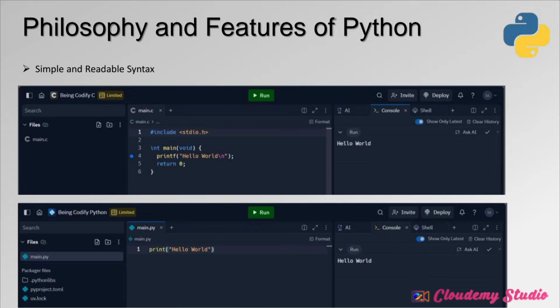I don't need to explain anymore, I think, because as you can see in C, to write the hello world program, first you need to include the hashtag include stdio.h. Now we need to create a main function, int main. Now we need to write a printf statement, and in that printf statement we need to write the string and we need to put a semicolon. If any one of the characters got missed, so for example I forgot to put that semicolon, there will be no hello world printed in the output.